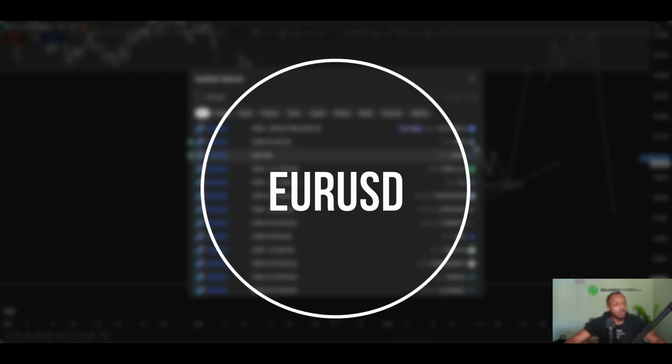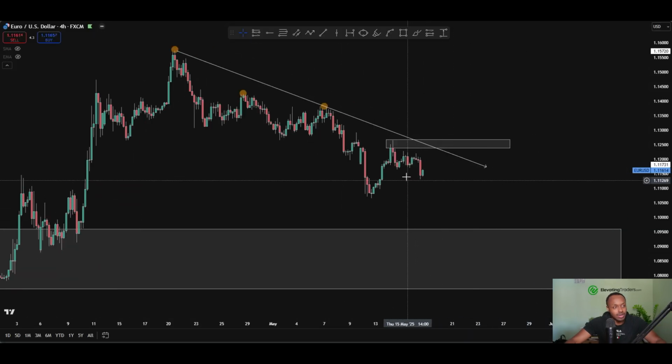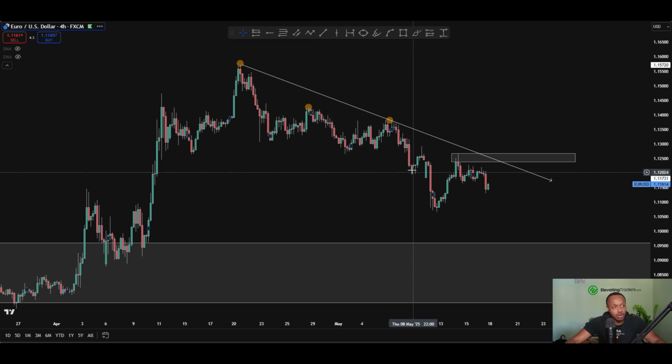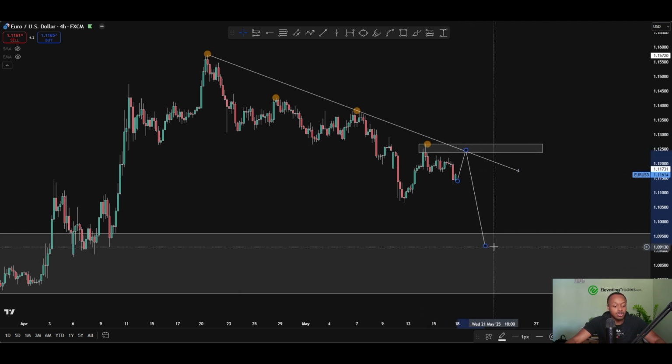In terms of the euro, so pretty much the exact opposite. Not too much this week. Did end up a little bit bearish towards the end, but we still do have this bearish structure at play, seeing lower lows and lower highs. The plan, I'm looking for the next one at this area here, and again looking for the continuation. It's a nice confluence there. Maybe a nice double top would be nice for some entries, and then we can continue to ride that back